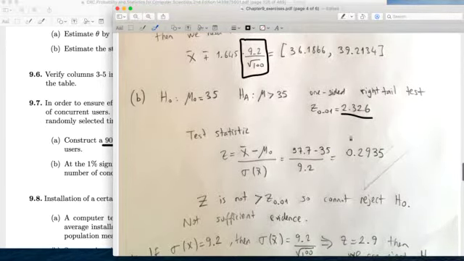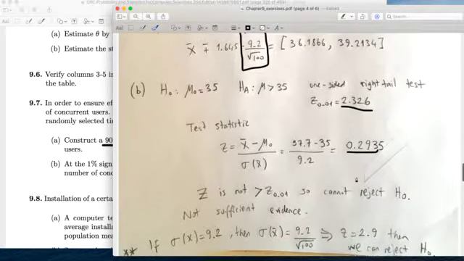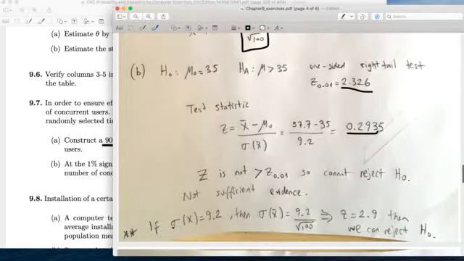So we just compare these two values. Since this test statistic we computed here is not larger than this, we cannot reject the null hypothesis. There is no sufficient evidence. But if we interpret this 9.2 as the standard deviation of individual items, then the standard deviation of x bar is equal to 0.92. And if you write 0.92 here, the test statistic will be